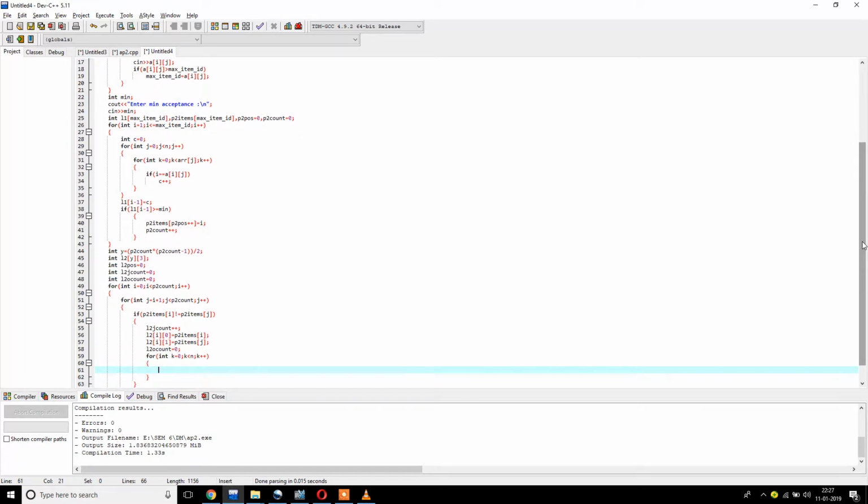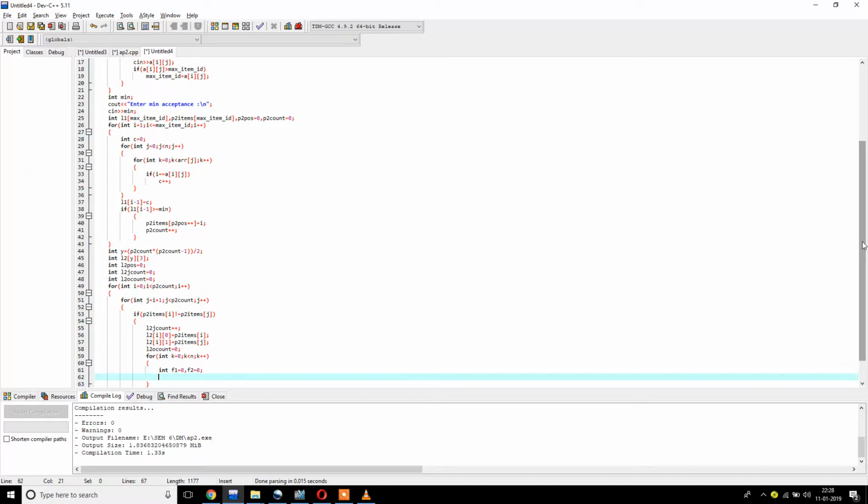This way we have got the kth row of the transaction table. In this, we have to compare the two items in the pair with each and every item in the kth row of the transaction table. So here I'll need two flags, int f1 is equal to 0, f2 is equal to 0. Basically, these two flags we need for flagging. These flags will be set as soon as we get the first item of the pair. We'll set the f1 flag, and similarly as soon as we get the second item of the pair, we'll set